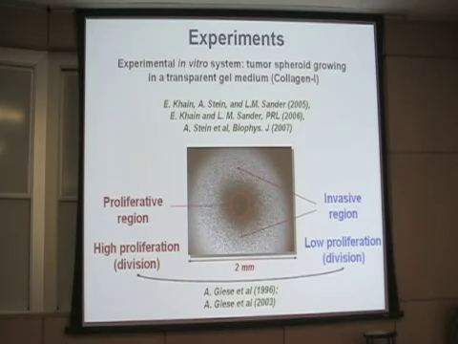Now, quite amazingly, the cells on the surface of this tumor and the individual cells which migrated away do not behave the same. Biologists say that they have different phenotypes. Those cells have a proliferative phenotype, and those cells have an invasive phenotype. This means that the proliferation rate, the rate of division, of the surface cells is much larger. The invasive cells just move, and their proliferation rate is very low.